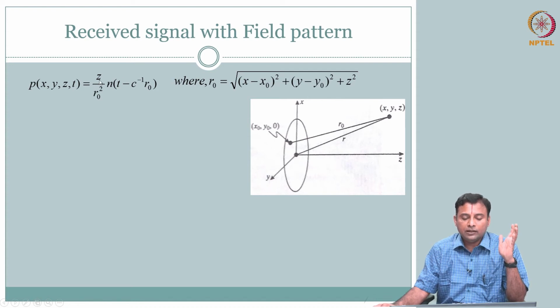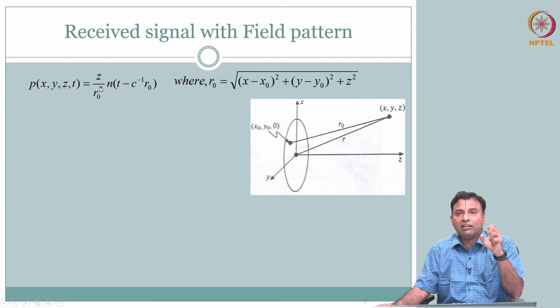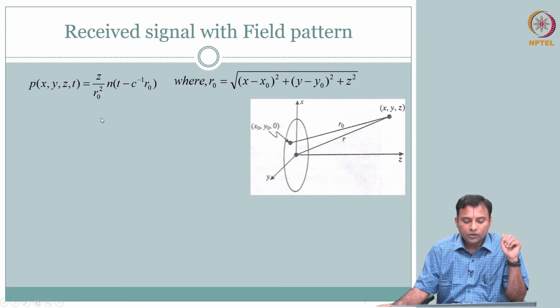Of course, there is a ratio here, which is not just 1 by r naught, for example. It is not just 1 by the distance, as it would be for a spherical wave. So, this is going to be slightly different because of the dipole model, that is fine. So, what happens, this is at 1, right.